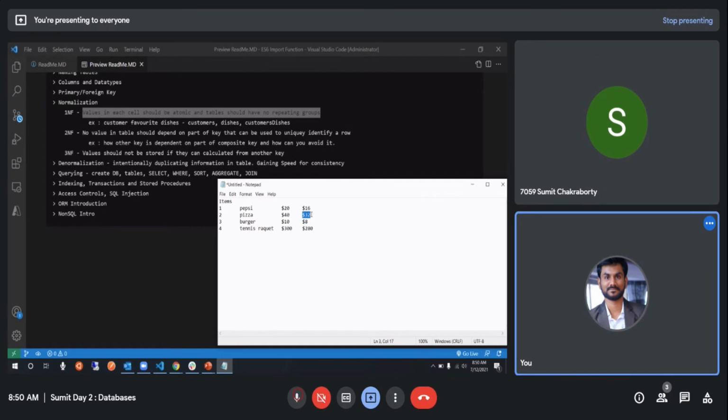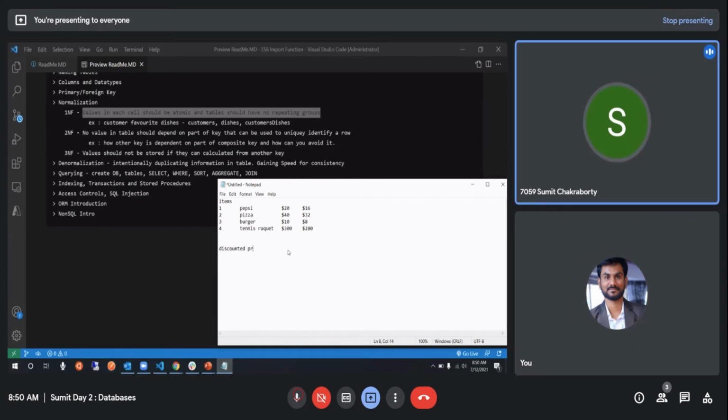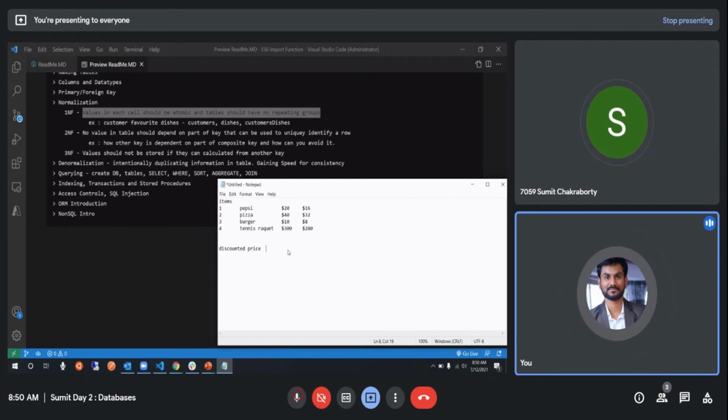So instead, maybe in your code you can just mention the discount, saying the discount is 20%, and whenever you're calculating the total price, that time you discount it and calculate it in your code. That's one way of doing it.